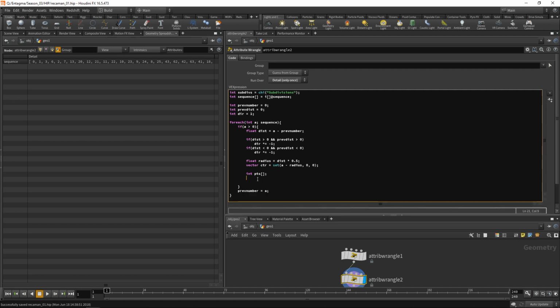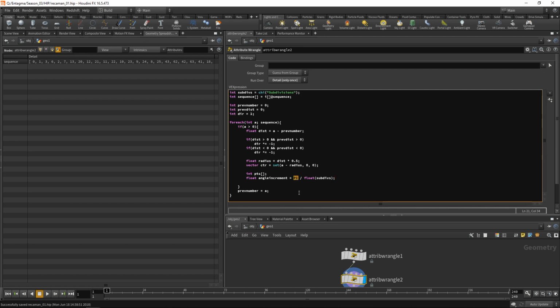What I first want to calculate is the angle per step that I have to take to form up a circle. So how many degrees in radians will I go each step of my semicircle? Let's call this float angle increment. As we are working in radians, not in degrees, my semicircle goes from 0 to pi. So in order to arrive at my individual increment, I'll just have to divide pi by my subdivision steps. So pi is a constant. If you're working in 16.5, just drop down pi divided by float of the subdivs. And I will convert subdivs into a float value here explicitly, just to be sure that I'm not getting any mistakes by Houdini assuming that pi should be an integer and then only dividing 3 by some